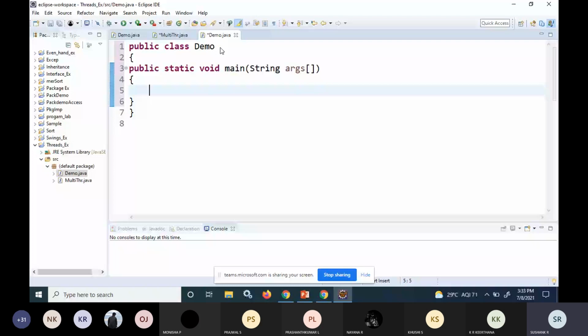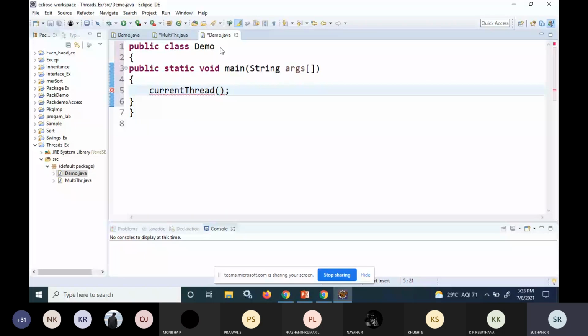This program will show us that even the starting point of the program will start with a thread, which we call the main thread. To get the main thread we have one function called currentThread. Using this function, we can get the reference of the current thread.